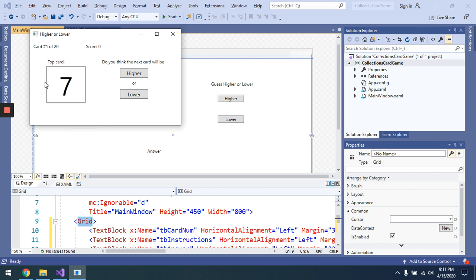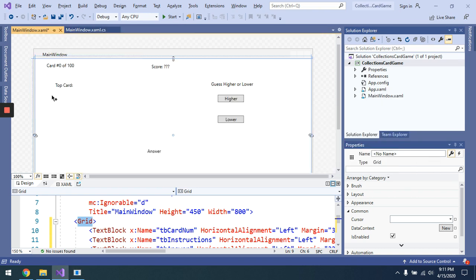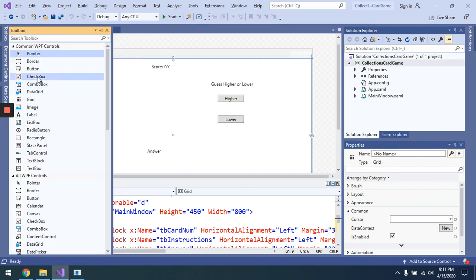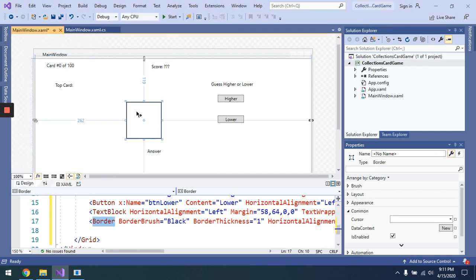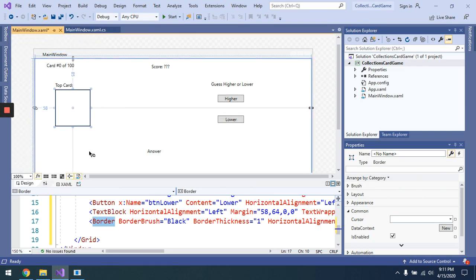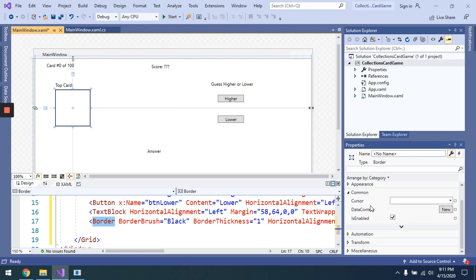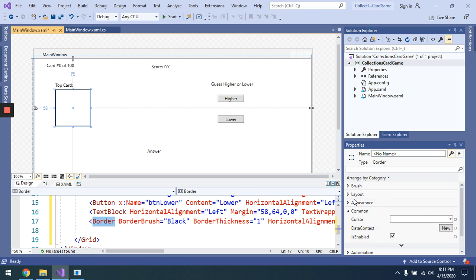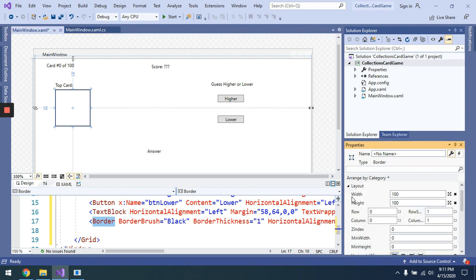Now, the demonstration one here has this nice border here. It's called a border, and this is a text block inside the border. We haven't used borders up to this point, so I'm going to put in a pretty border here, and I can change the color of the border. I can change the width of its frame. Let's see, that's the brush. I can change the colors,